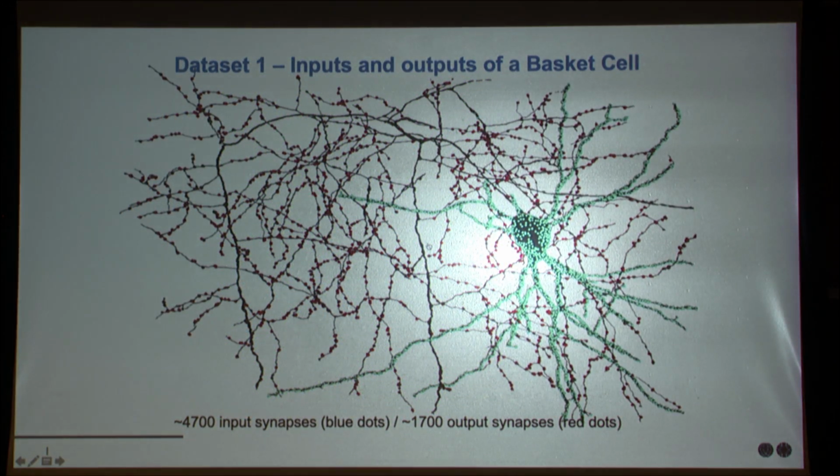What we have started with, starting with the team at the Allen Institute and collaborating with Google's team on all of this analysis, is to get individual neurons, have all of their synapses automatically labeled, and just look and classify. This is probably the prettiest neuron. It's an inhibitory neuron with 4,700 synapses onto it, and 1,700 output synapses. It's not complete. It's bigger than that, but it's pretty complete.